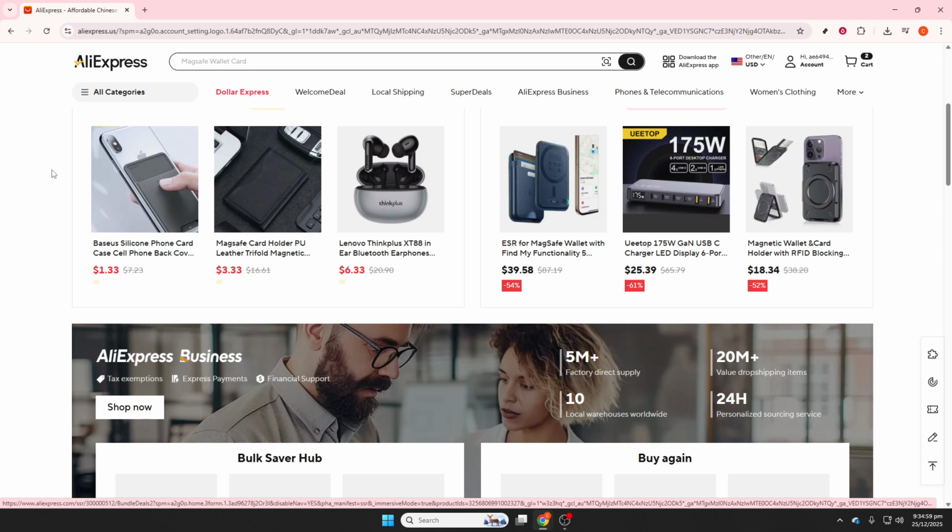Start by opening the AliExpress app on your phone or the website in your browser. If you can, log into your account before you begin. Being signed in helps the site display accurate shipping details, prices in your currency, and relevant recommendations. You can still browse without logging in, but signing in makes the process smoother and ensures you see the correct